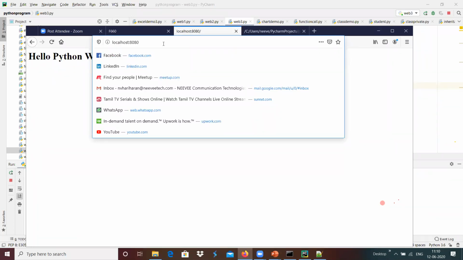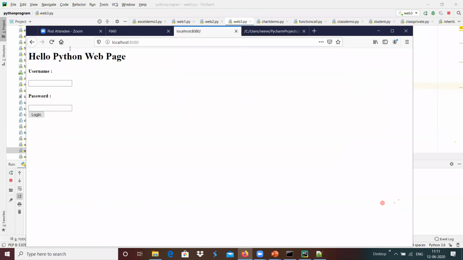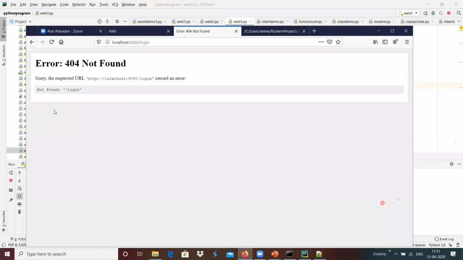Now we got the output: a Hello Python web page with a username and password. If we want to handle the post request from this login button, we have to handle it accordingly, and we can do that.